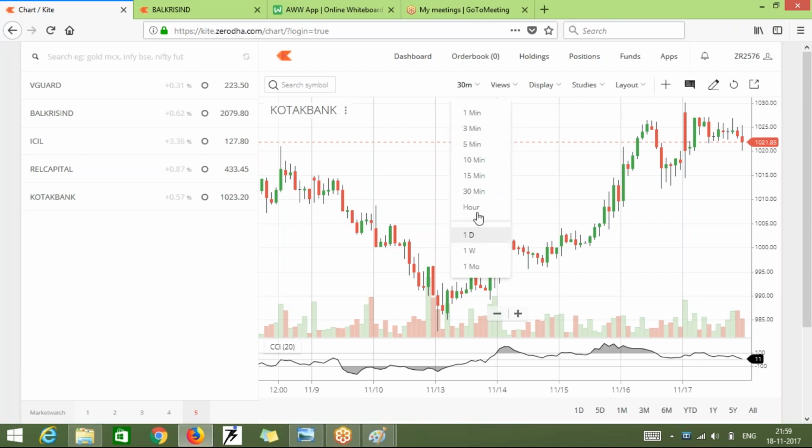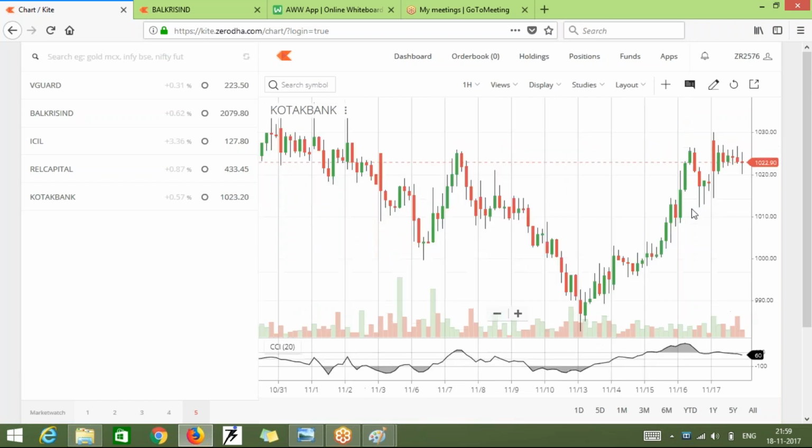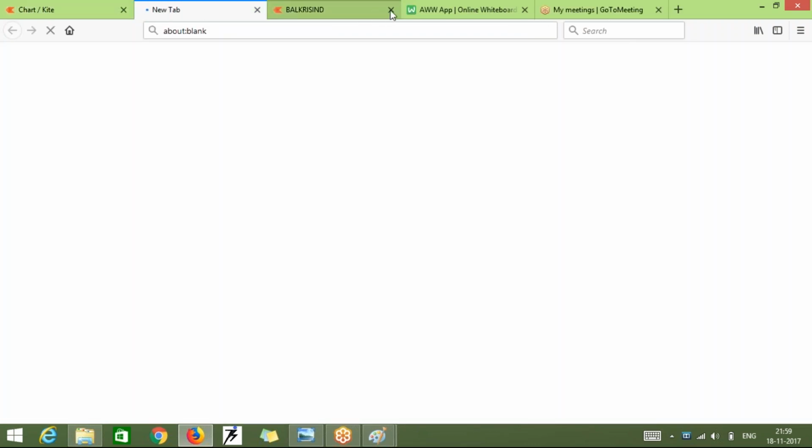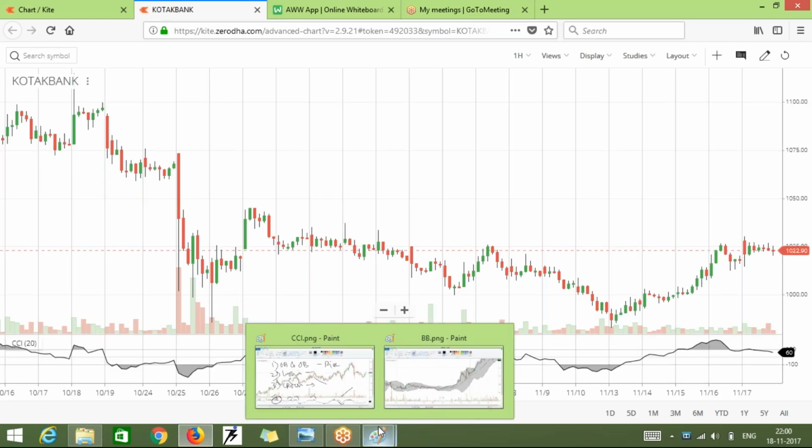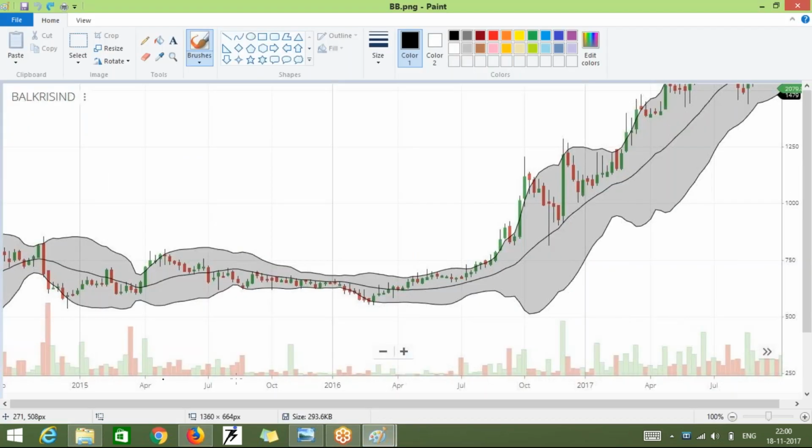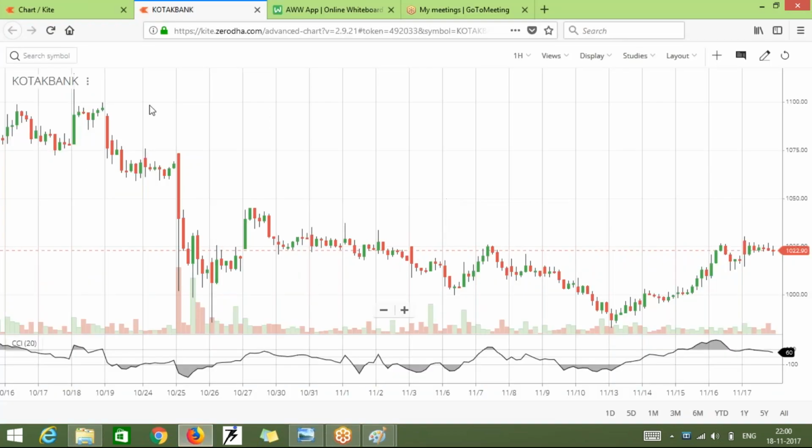Let's take this one as an hourly chart. Again, there is less movement in the hourly chart. Anyways, we will try and find a W and M pattern. One more thing, the third type of trading with Bollinger Band is the gap between the standard deviation and the candlestick. Let me explain that first. I'll be explaining in this itself.